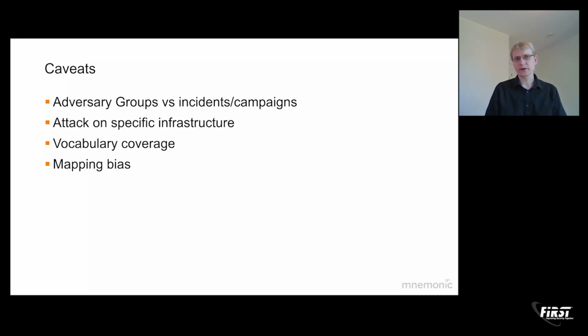Then our vocabulary. Our vocabulary doesn't cover everything. It's not finished, and we're still working on it. And we're probably going to change it in the future. And finally, there's probably mapping bias at play as well. We're humans, we make mistakes. And when we assign promises to the requires and provides, that's a little bit subjective. It depends on the experience and the expertise of the analyst,